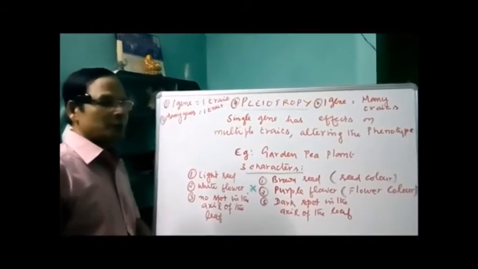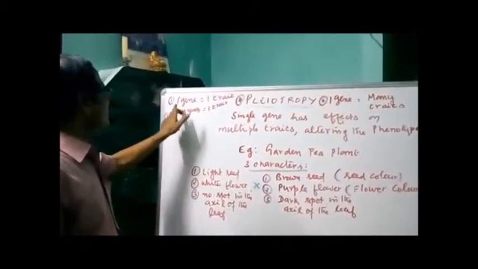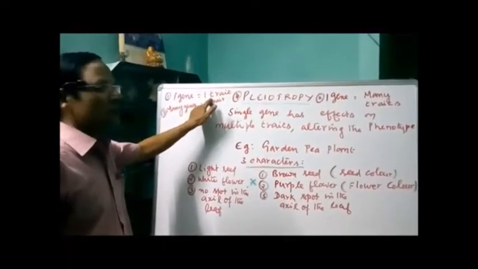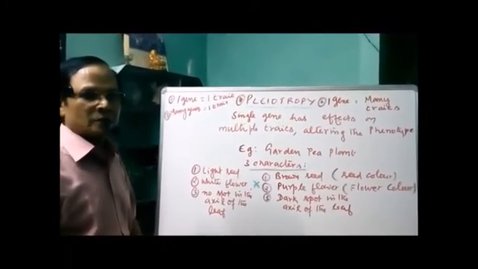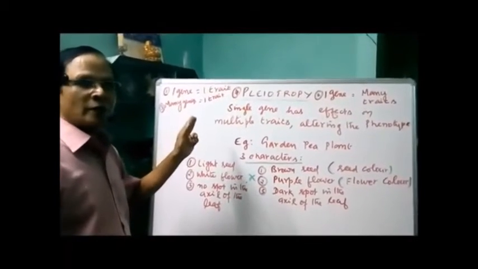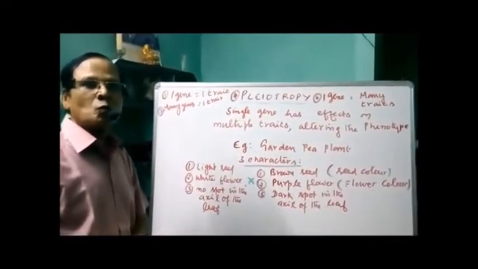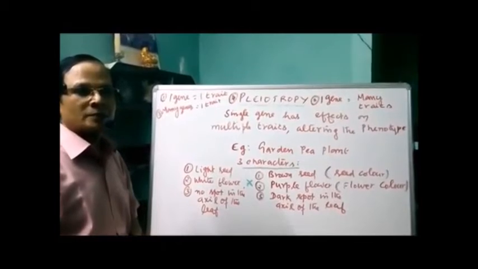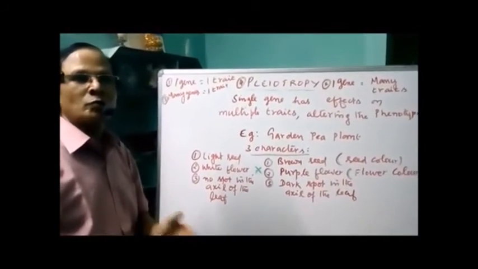There are three types of inheritance. Generally, we can say, one: a single gene influences a single trait. This is called monogenic inheritance. One gene, one trait. It was proposed by Mendel, hence called Mendelian inheritance. It's also called qualitative inheritance because the expression depends on the quality of the genes, either dominance or